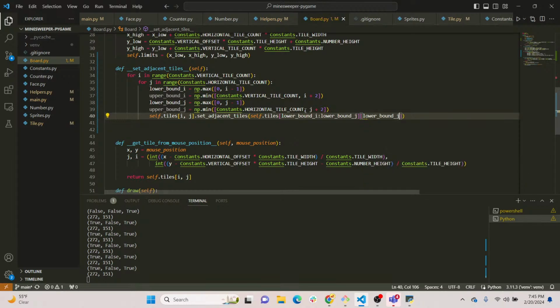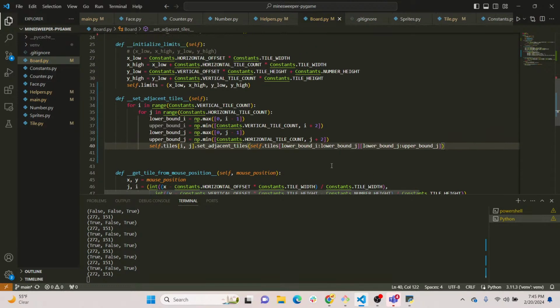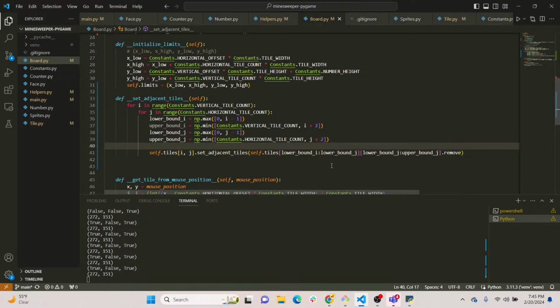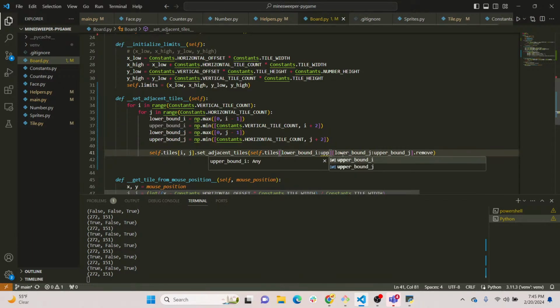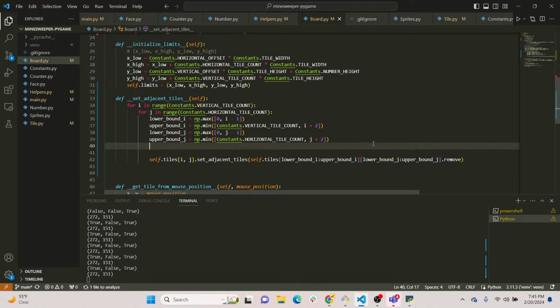Lower bound J, upper bound J. And then this is an array. I think you can remove. Oh, I didn't use upper bound I. I think you can remove. Tile in question